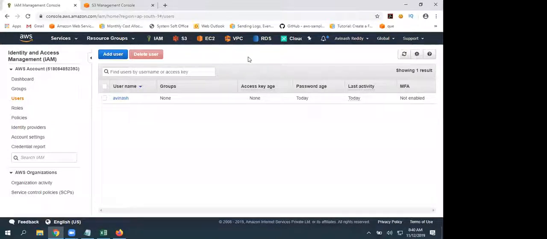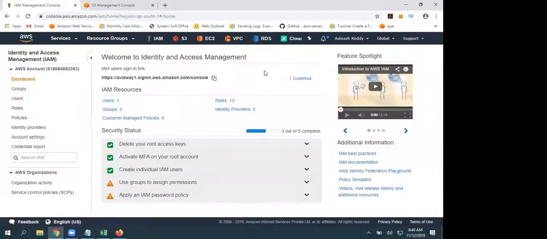Okay. So one small thing, we'll discuss groups. Now, I have only one user called Avinash, but let's assume we have 3 or 4 users who need the same kind of access on S3, just read only. So associating individual policies for all 4 users would be difficult to manage.